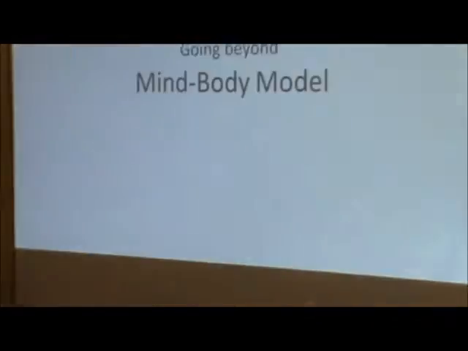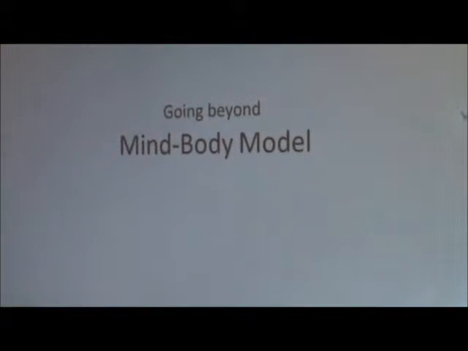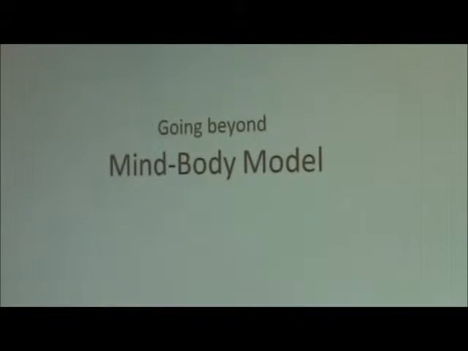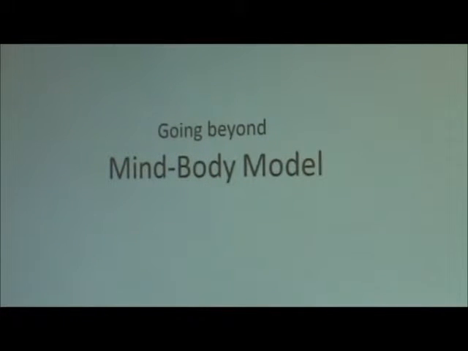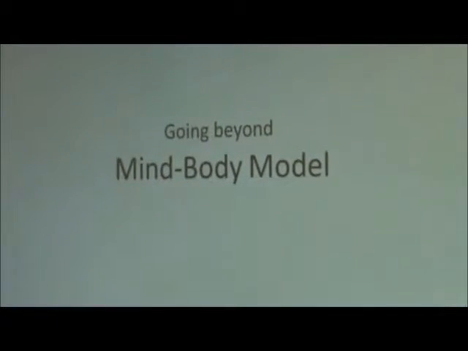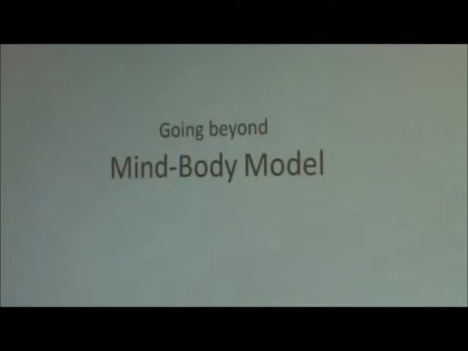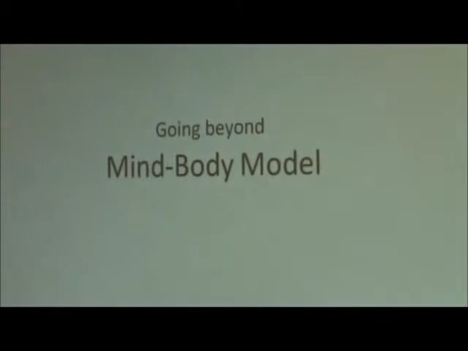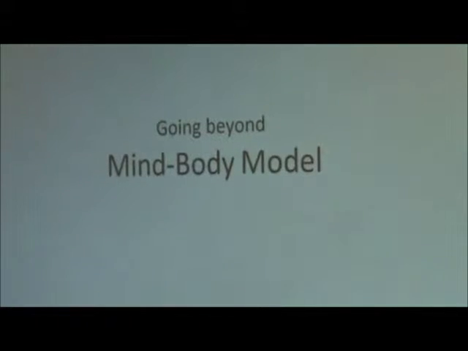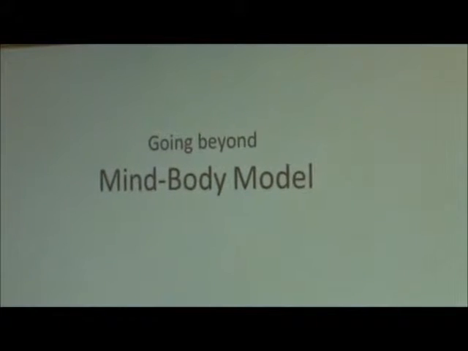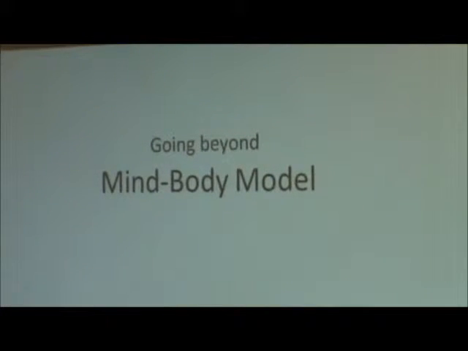And this also goes beyond the body-mind or mind-body model. In most cases, when people discuss human personality, usually they come up with this dual model like mind-body. Let's talk about mind, let's talk about body. But when you come to the five aggregates, it's not simply body-mind. It's a little more complex than that. Mind, what you call mind, is not a single thing actually. It's not one single entity. It has a number of aspects we will learn. So it goes beyond the typical mind-body model and gives us a deeper analysis.